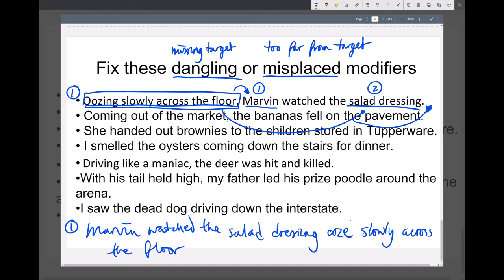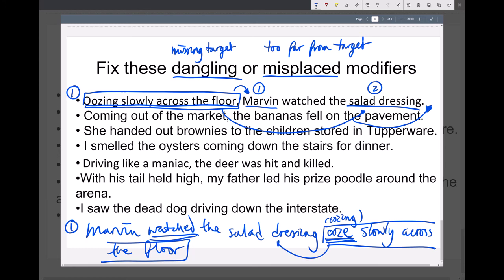Now you could also use oozing, it's fine. But to be safe, when you're watching something happen, you would use a simple present to describe something that is happening in the past that you're watching. So here we read, Marvin watched the salad dressing. That's done. And then the modifier is placed right next to the intended object, the target word, which is salad